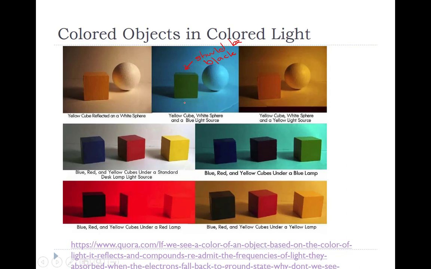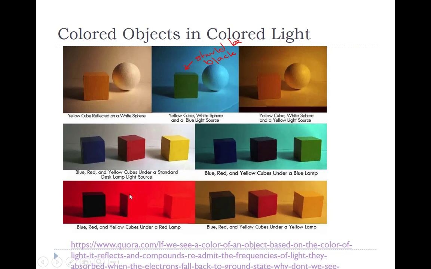If I have a yellow cube and a white sphere, both of them look yellow under yellow, but again, the yellow cube almost looks orange here, and I think that's just the nature of how this cube is. It's not quite as yellow as it should be. I would have loved to have seen this cube under the yellow light, right? The other thing I will say is I don't think their yellow light is, it almost looks orange to me, if that makes sense. It's got an orangey tint, which would make a cube that is not quite yellow look a little bit more orange, right? Anyway,